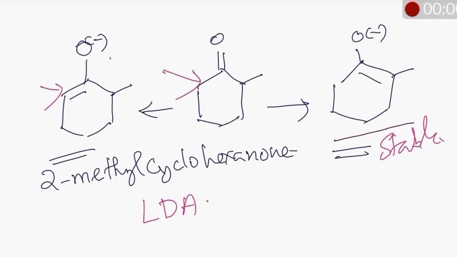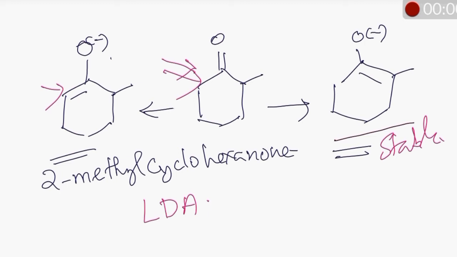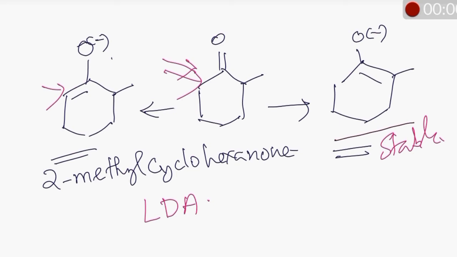It also prefers to attack the more acidic CH bond, and the CH bonds on the less substituted carbon are indeed more acidic. Also, the statistics help, with more protons present on the less substituted carbon atom. So, all these factors combine and ensure that we form the less substituted enolate